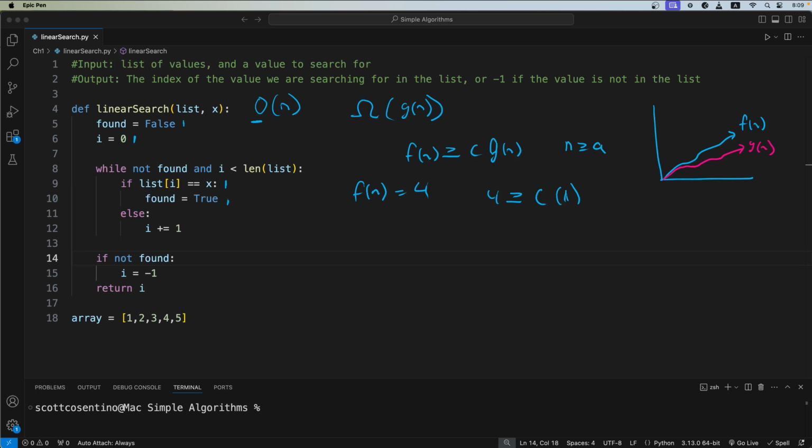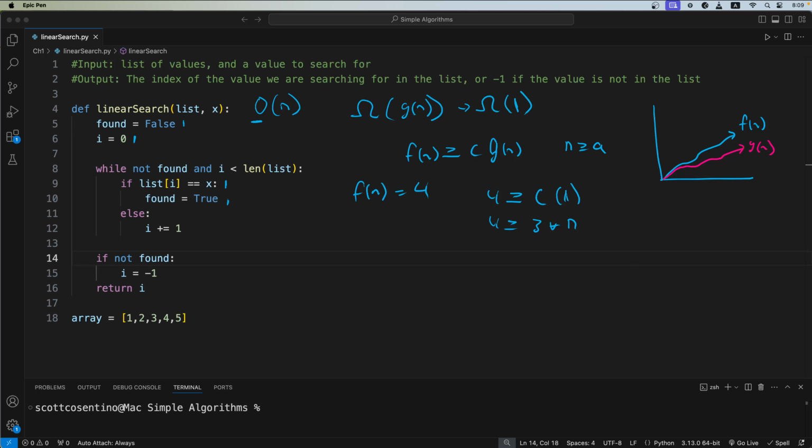So generally, in this case here, we could say that, well, 4 is clearly greater than or equal to, say, 3 for all n, right? For all n that exist, really. So I could just say, for all n, right? So generally for all n, this is going to be true. So what that tells me is that this right here is going to be omega of 1,